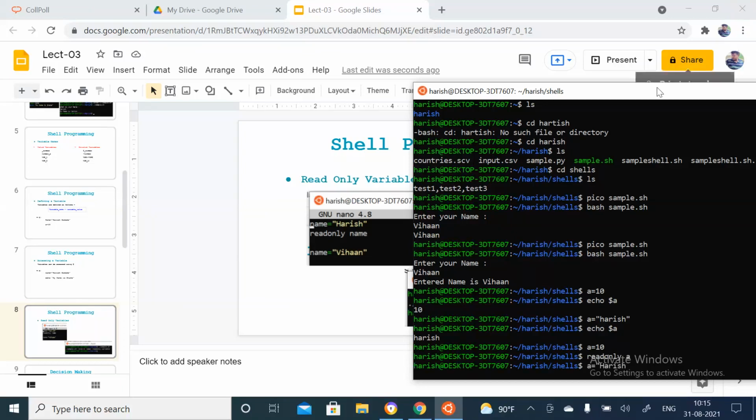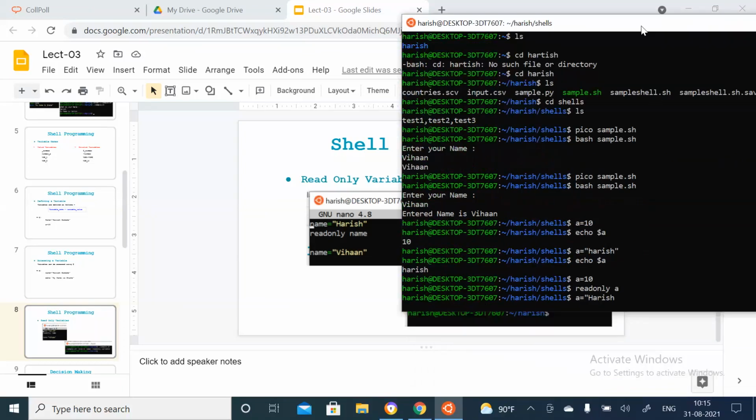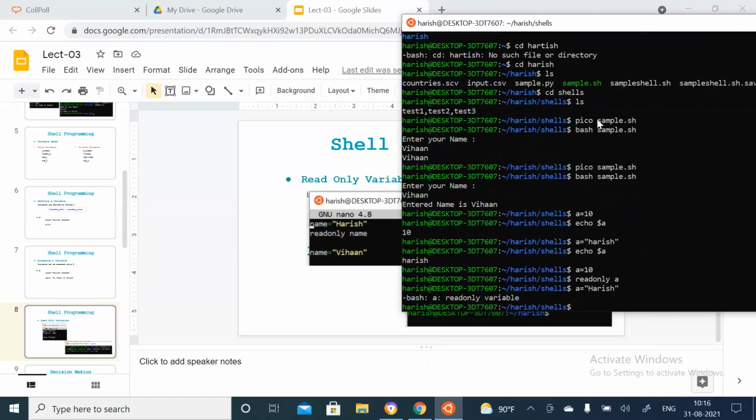I don't know whether it is visible or not. You can see here what it is saying: a is a read-only variable. You cannot update it in this case.